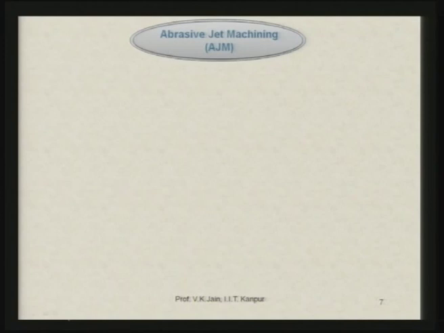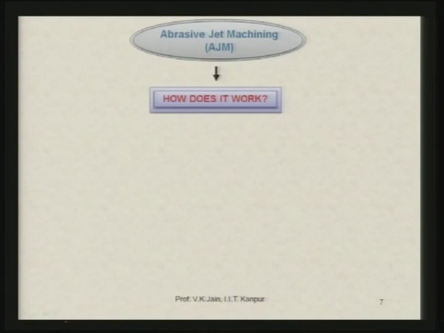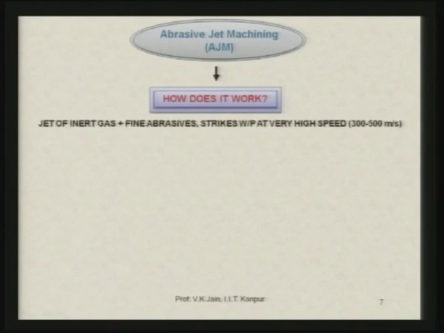Abrasive jet machining. Now, we have just seen in brief how it works. Let us see. This abrasive jet consists of inert gas. In place of air, you can have some inert gas and fine abrasive particles, and this jet at a very high velocity hits the workpiece surface, and since abrasive particles have certain mass m and a velocity v,